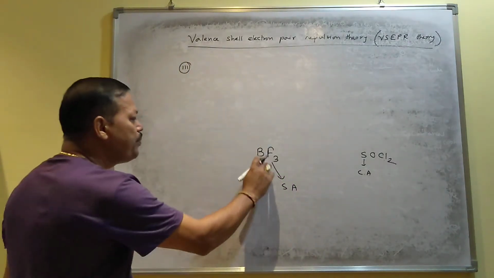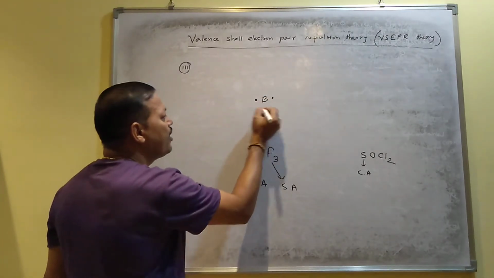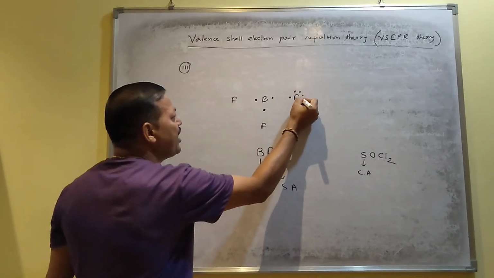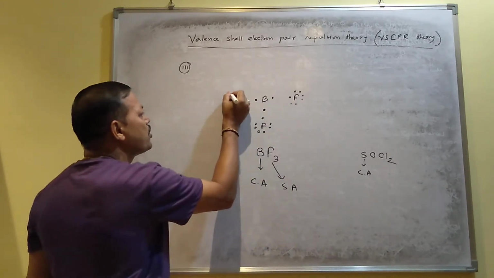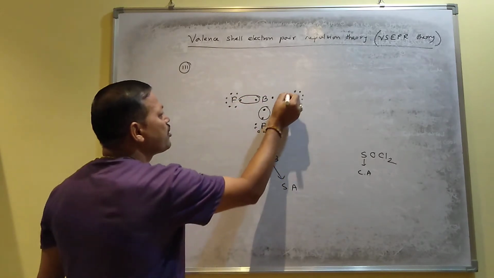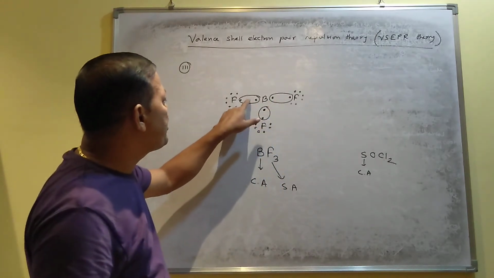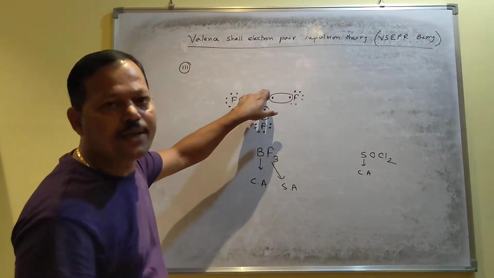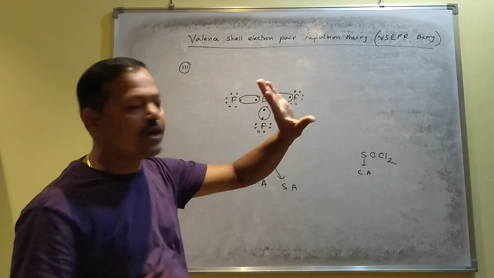For example, in BF3, you know boron contains 3 electrons in its valence shell. When they join with fluorine, when they form a bond, fluorine contains 7 electrons in the valence shell, like this, 7 electrons inside fluorine. So sharing takes place between fluorine and boron, and they produce how many bonds? 3 bonds they will form. So inside the central atom, there are 3 bond pairs. These are called bond pair electrons because they are involved in bond formation. Is there any lone pair inside boron? No lone pair. Don't look at the surrounding atoms. Surrounding atom lone pairs do not affect the shape.